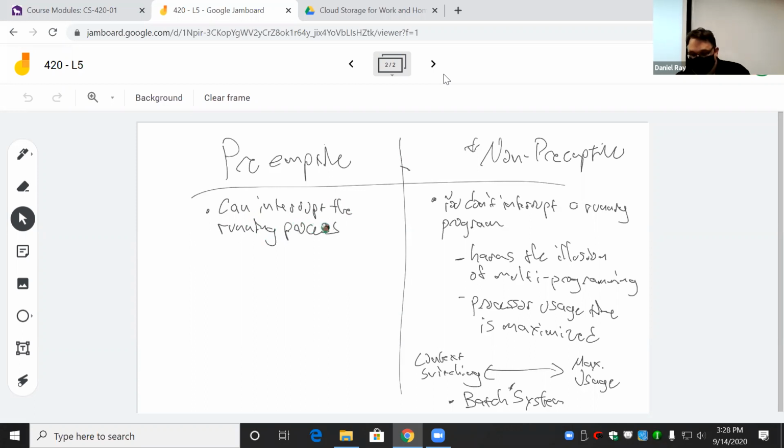So everything that we've said about non-preemptive scheduling, sort of the opposite is true for preemptive scheduling, okay? Preemptive scheduling helps us maximize the appearance that the most number of processes are being served at the same time, okay? It also helps us